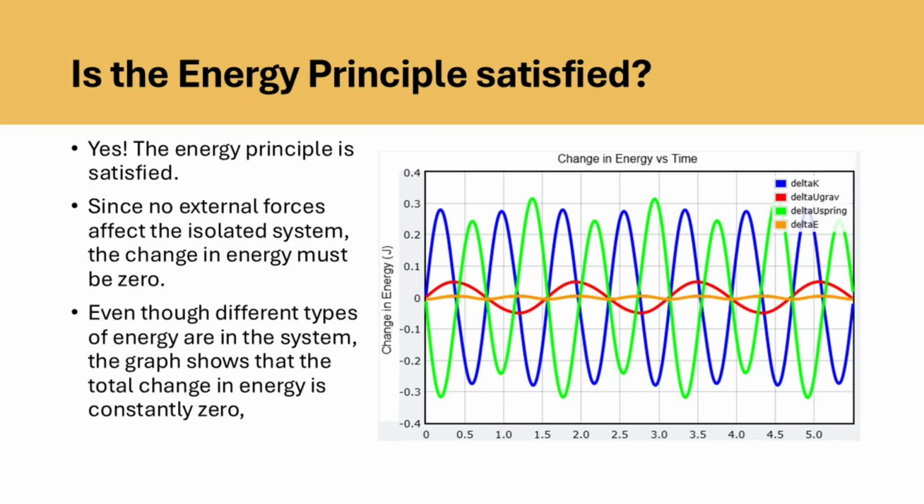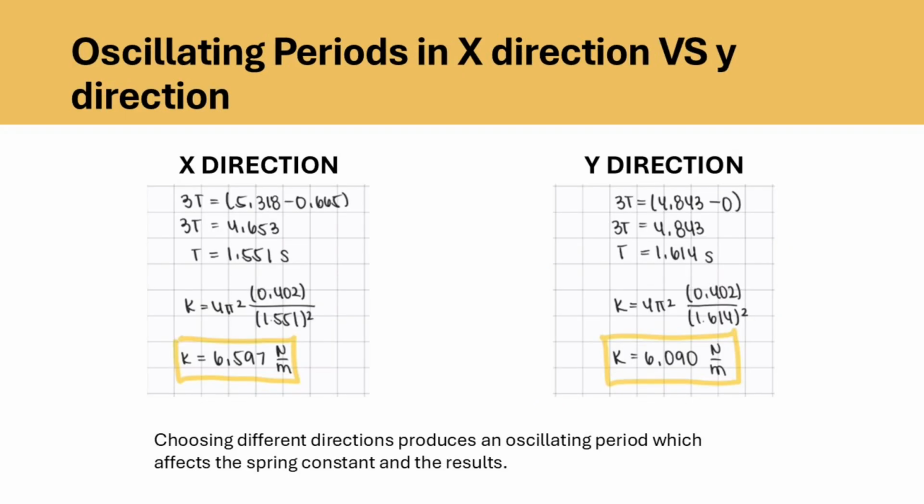Is the energy principle satisfied? Yes, since no external forces affected the isolated system, the change in energy must be zero. Even though there are different types of energy in the system, the graph shows that the total change in energy is constantly zero. To find our oscillating periods in the x and y direction, we use the same method of finding our time period using the graph, which are already